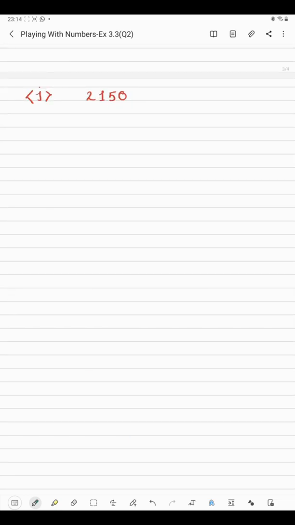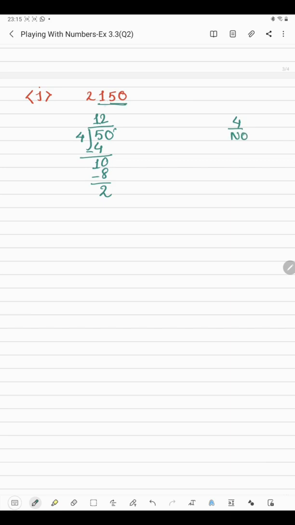In the last part we have 2150. Again we need to check the last 2 digits, whether it is divisible by 4 or not. So here we will have to take 4 1s are 4. So 5 minus 4 is 1. 0 will come down. So 4 2s are 8. So we have got 2 as remainder. So since 50 is not divisible by 4, that means this 2150 also will not be divisible by 4. So we will write no.